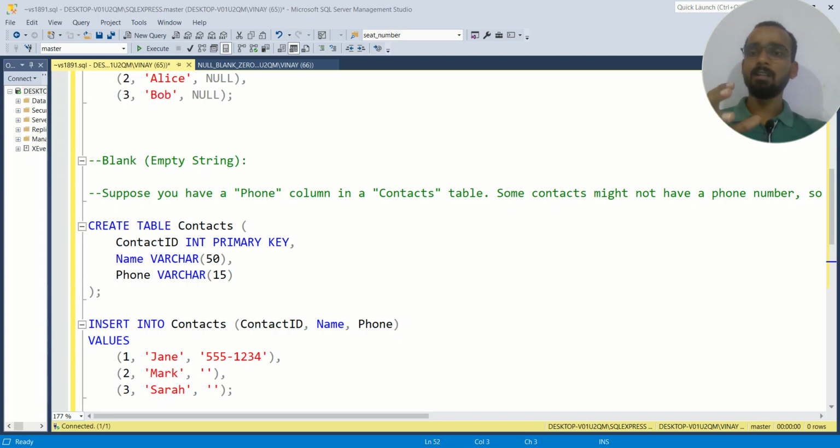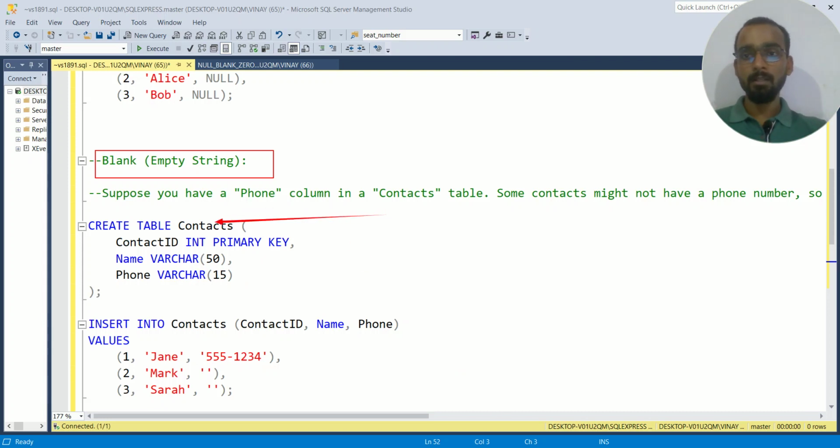So let's get started with blank and empty string. The same scenario applies here, and I'll give you a real-time example for this particular blank case. So just focus on the table only. I have the contact table over here, and we have these column names: contact ID, name and the phone number.